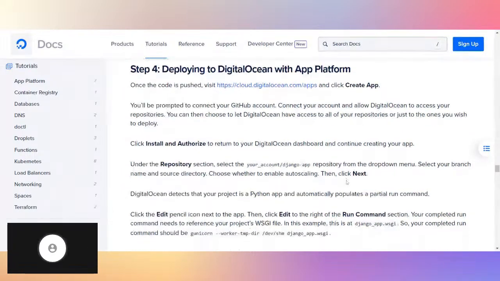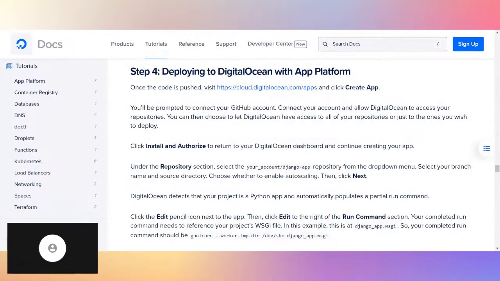So this is the last step, which involves deploying to DigitalOcean. For our instance, we are deploying an application to the DigitalOcean site. You first log into their site, which is cloud.digitalocean.com/apps. After you have logged into your account on their platform, you need to click the button that states create an app. So after you create this application,